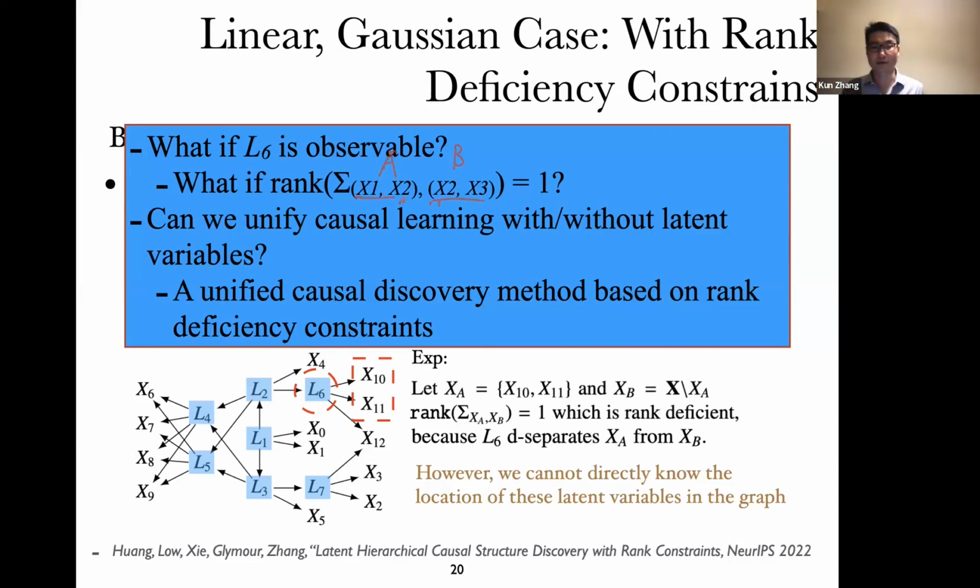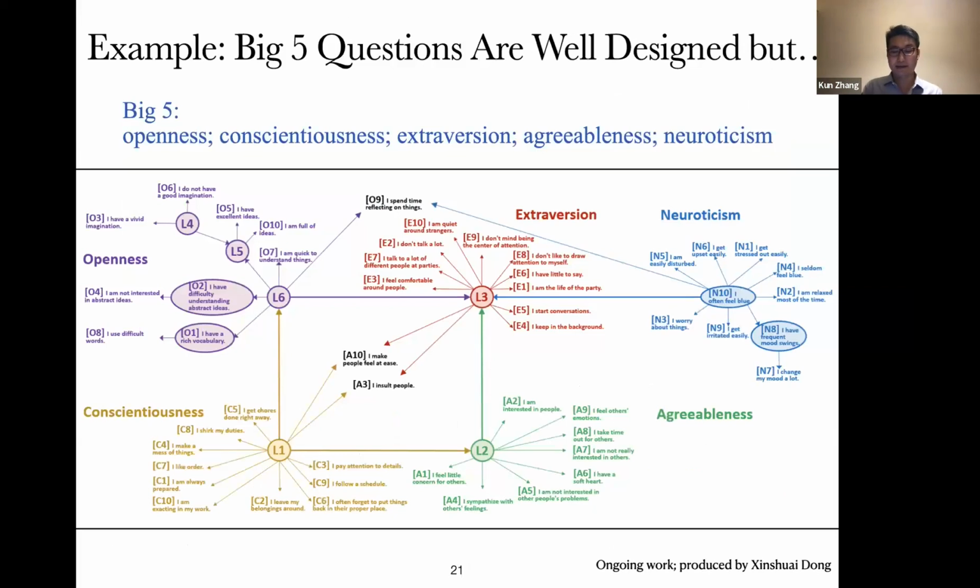Now let's look at the results on the dataset, the psychometrics dataset. Here, remember, we have 50 questions right here. O questions, openness, C questions right here, E questions. So this is the result. Now you can see we automatically discover the 6 latent variables, as you can see from here. And essentially, the questionnaires are kind of reasonable because, roughly speaking, you can see they have different latent variables, or they basically form different clusters. That's good.